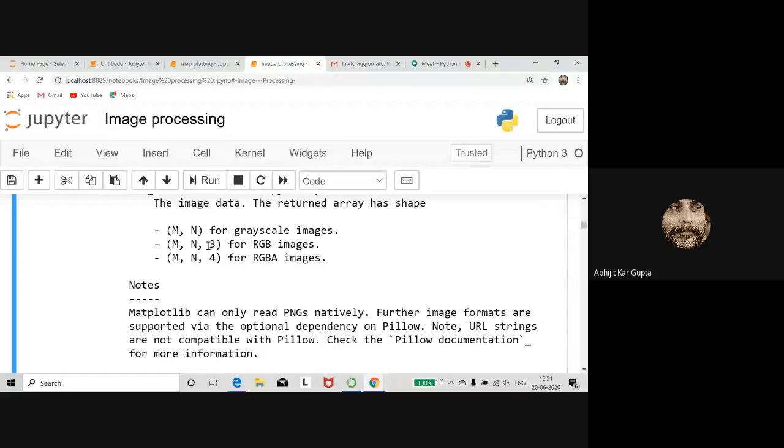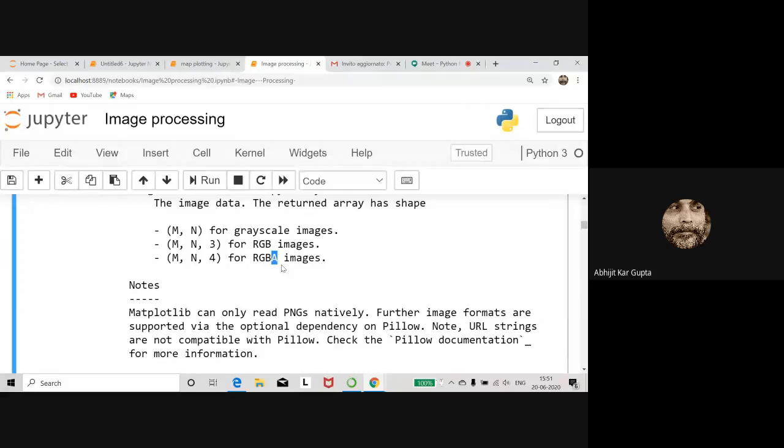That means you have done up to 2-dimensional arrays; you just increase another axis. You cannot visualize it on your computer, but you know it through the X, Y, Z directions. So there is another axis, so it is 3, basically 3 for 3 colors. And then there is another kind of image, called RGBA.